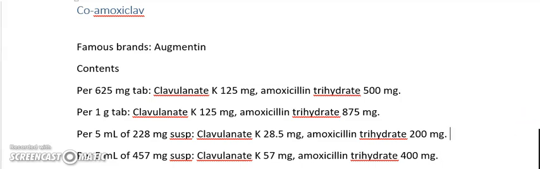So now we're going to talk about amoxiclav. So famous brands, the most famous brand probably. Not sure whether this is the only brand. Probably there are more brands nowadays, but it used to be very famous. The brand Augmentin. It contains per 625 milligram tablet,